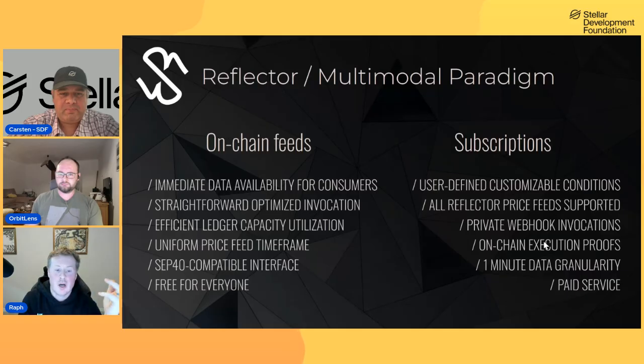So on-chain price feeds are free for everyone. The interface allows for a SEP 40 compatibility standard. All the price feed data is stored in the contract itself in a fixed time frame. I think free is an interval of every 5 minutes. So the data is readily available for all consumer contracts. They use oracle quoted price results directly in the same function. It's efficient, it's optimized, low fees, and it greatly reduces the number of contract calls. So again, we're trying to make sure that it's efficient for your DeFi apps to plug into